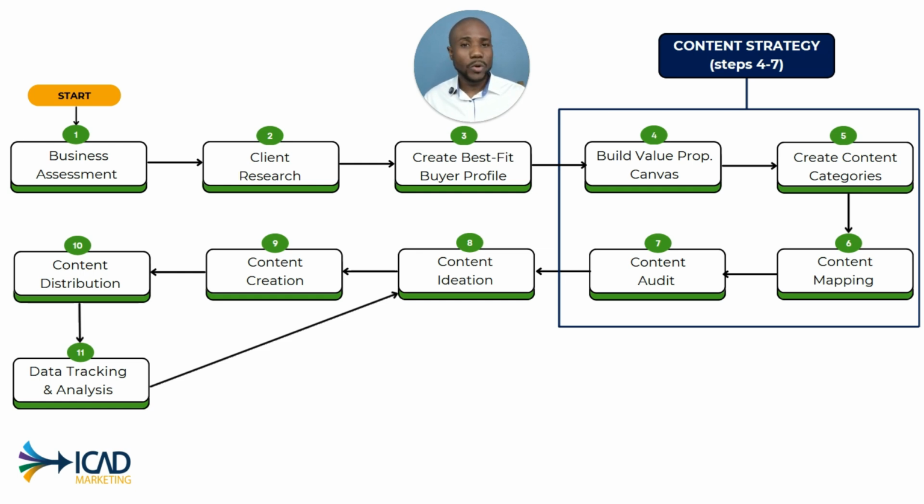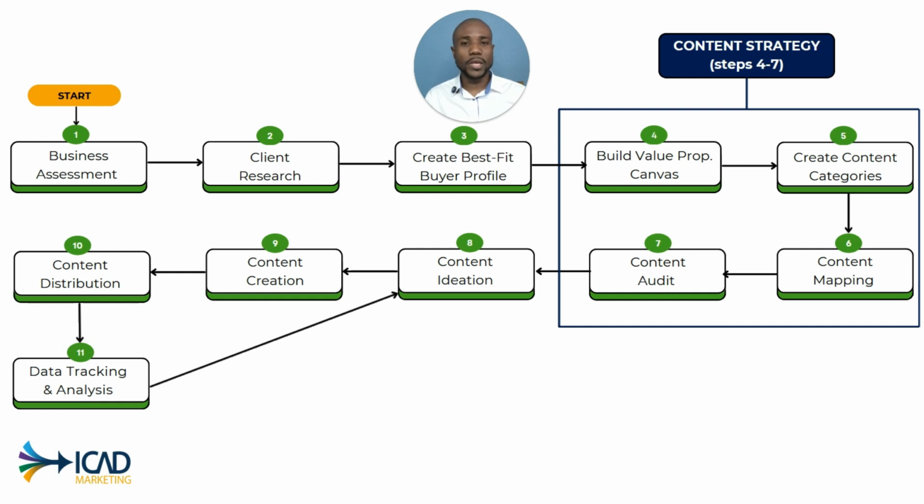The 4th step is where we build out your value prop canvas. That includes the use cases people typically search for when looking for a solution such as yours, their current ways of doing things, and the problem with the current way. Then we introduce your way as the better alternative to what they're already doing, whether they're using a competitor solution, or they have some sort of manual process or an inefficient or ineffective way of doing and achieving the things they're trying to achieve.